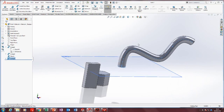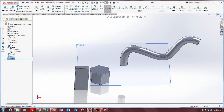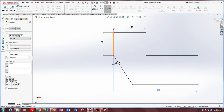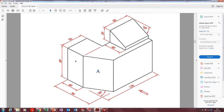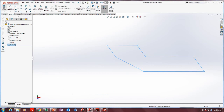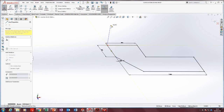Okay, so back there you see what it can be used for. Save. Now, to activate the swept boss base, we need to exit the sketch, and we're going to draw one line that's 80 mil tall. Go sketch, line, line here,